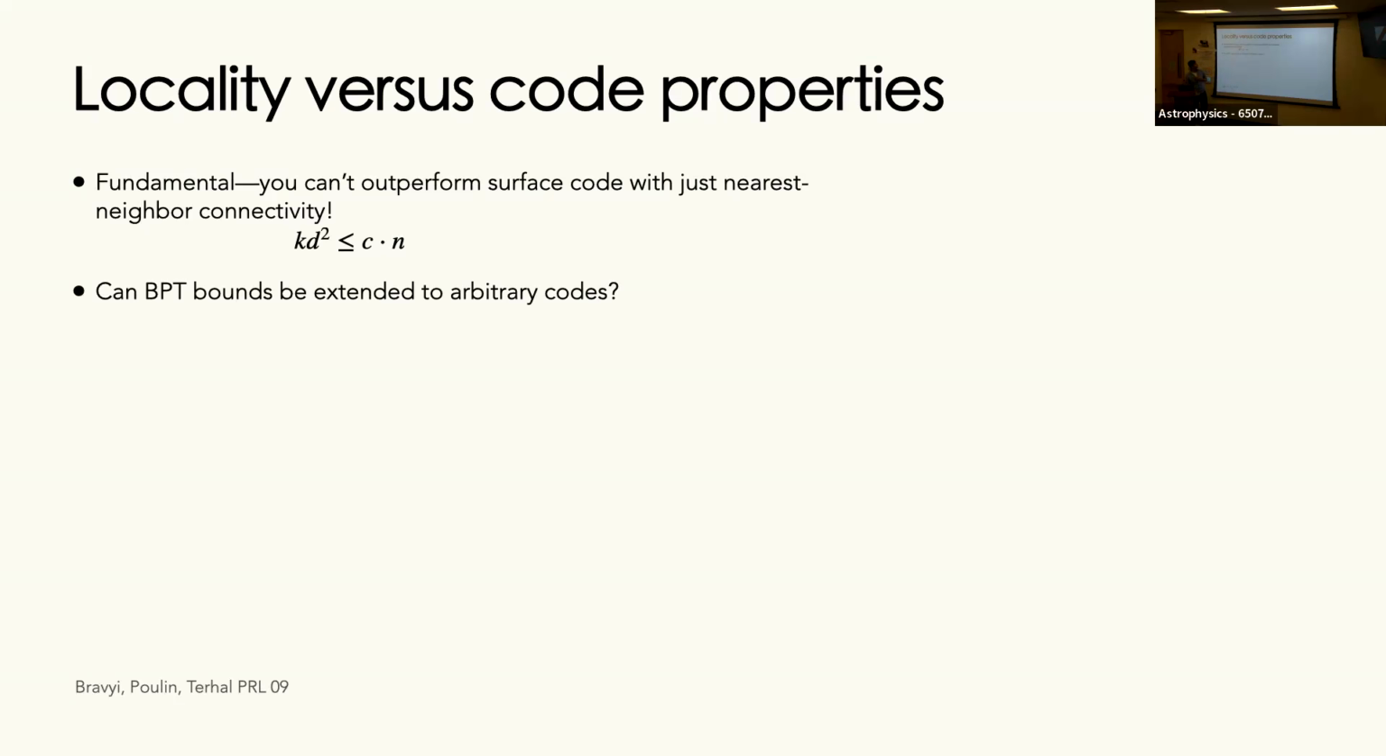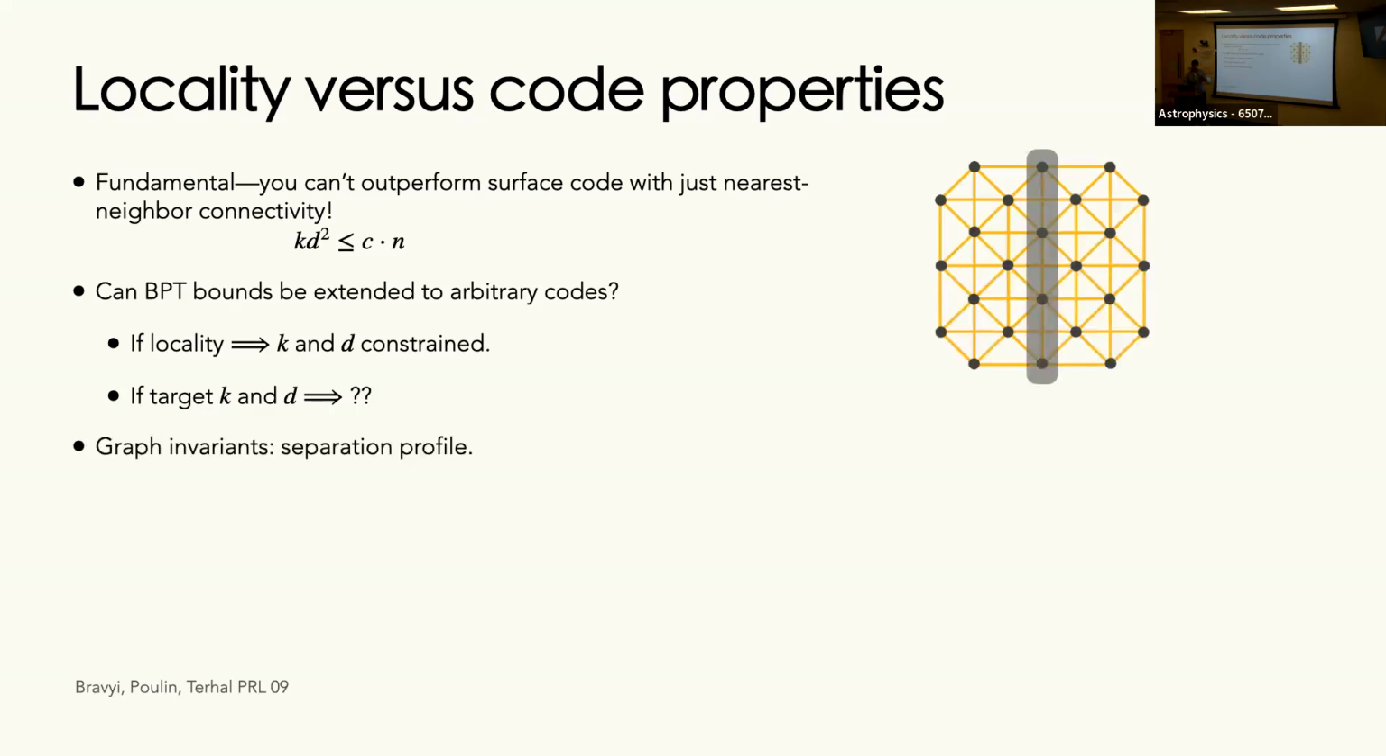So we'd like to ask, how does this extend to arbitrary codes? They're saying if locality, then bad stuff happens. But we would like to ask the question: I have a code that I'd like to build, what's it going to take? Okay. So it turns out that there are some very useful properties of graphs that are able to characterize or